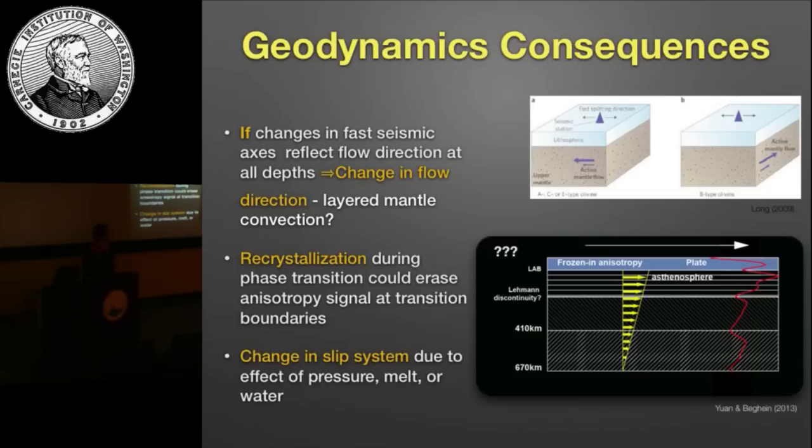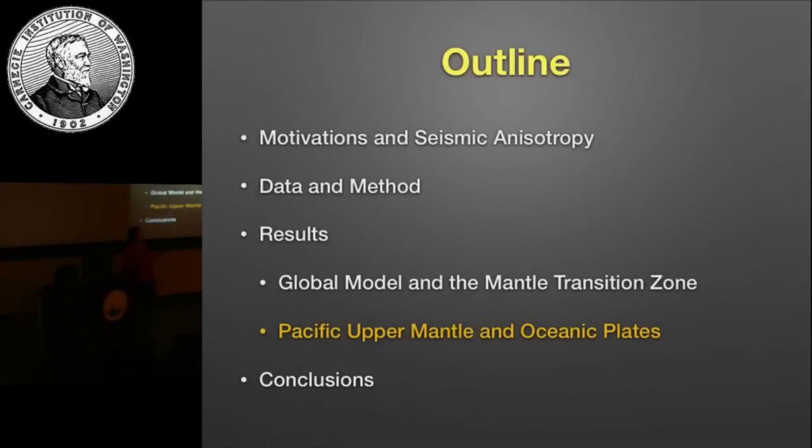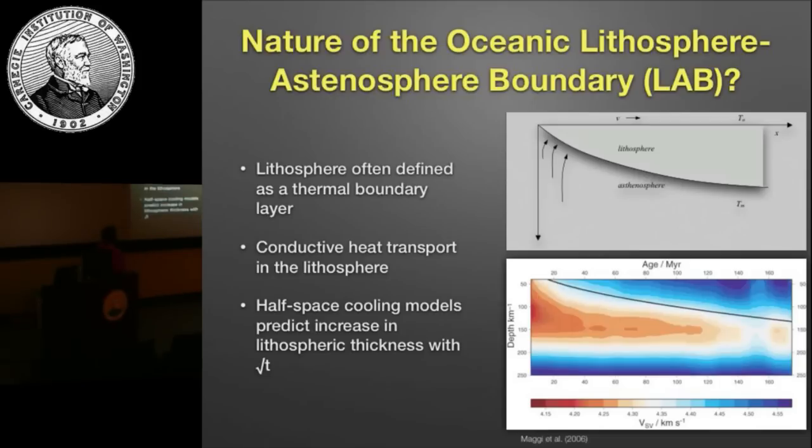And now I would like to take this model of vertically polarized shear wave anisotropy and zoom in toward the top of the mantle beneath the Pacific. The reason to do that was that I started to look into the lithosphere-asthenosphere boundary. So the boundary between the lithosphere, the plates that we have at the surface, and the asthenosphere below, which is much more deformable,